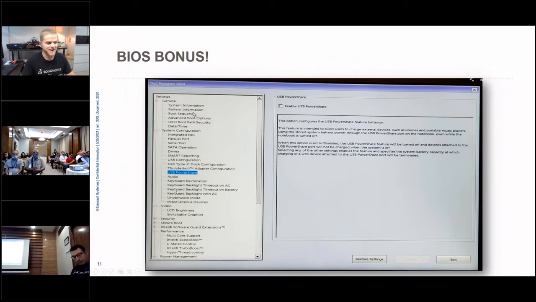This is the third BIOS setting that's just kind of cool, and I think you should know about it. It's called USB PowerShare. This is off with Dell machines, but if you turn this on, it actually turns your computer into a big battery pack. You can take your laptop in your bag and plug your phone into it, and it will charge your phone even when your laptop's off. So it allows the laptop to turn into a big USB power pack when needed. And I think that's kind of interesting. Again, this is off by default, but something kind of cool to know about that's buried in the BIOS.